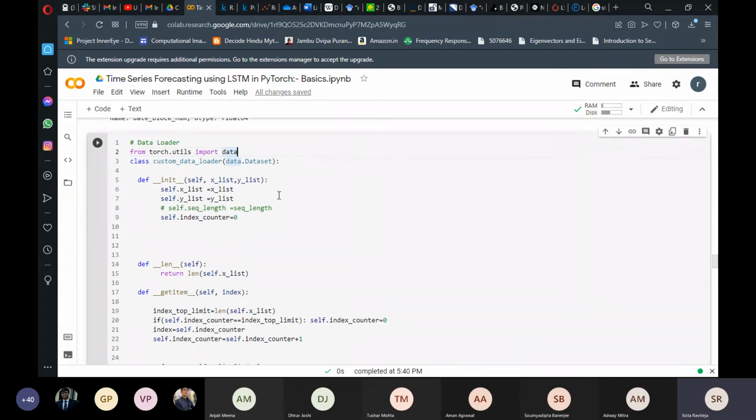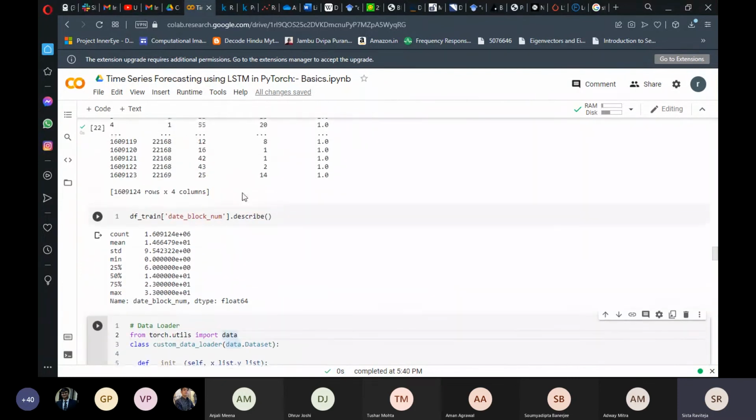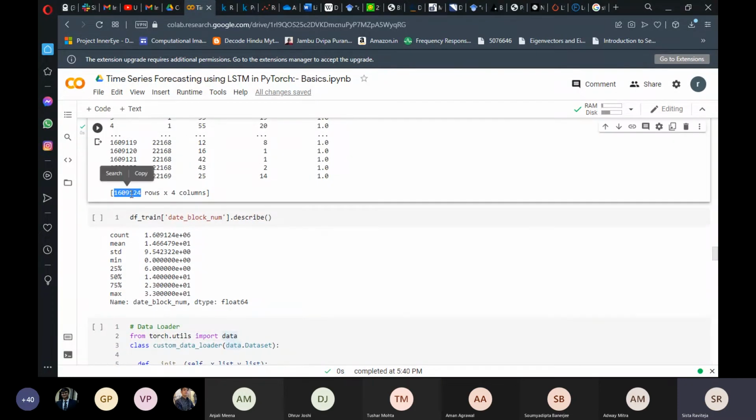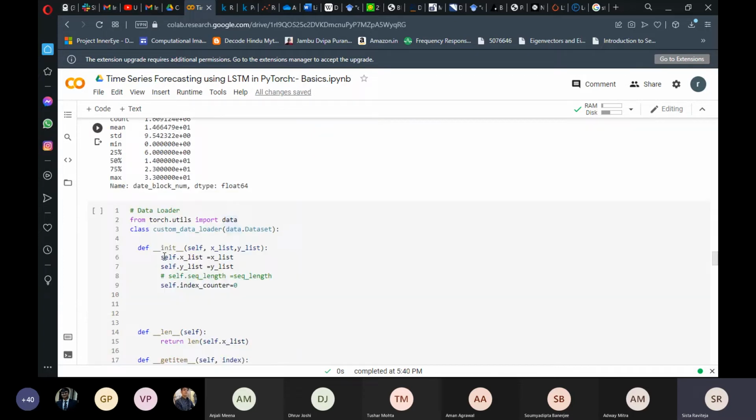Next, the major point of taking this particular data set is, as you have seen here, there are around 16 lakh rows or 16 lakh samples. Now it is pretty difficult to train on all 16 lakh samples, because once you start sending all this data onto your LSTM model, you'll be running out of RAM. So you have to chunk this down into batches and do it. Now, how we'll be doing it, I'll show you right now.